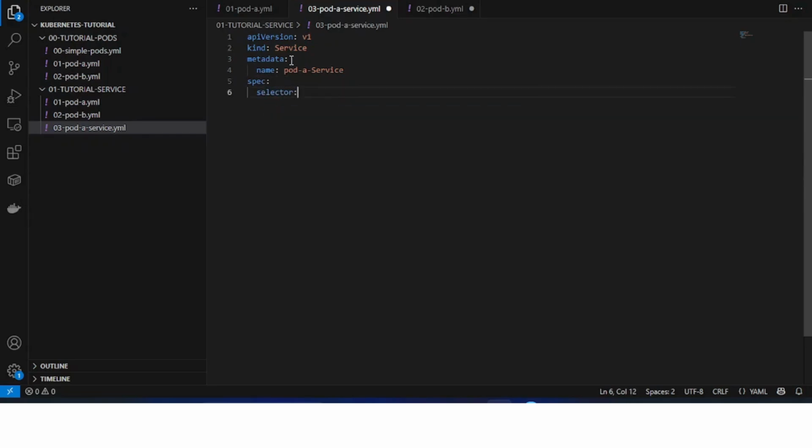And I'm going to say the selector must map to pod A, right? So this is it, selector, and it's mapping to this. Anywhere it finds this, that is where it's going to attach itself to. So I'm going to say this, and I'm going to say port,